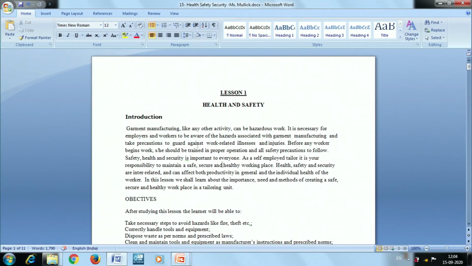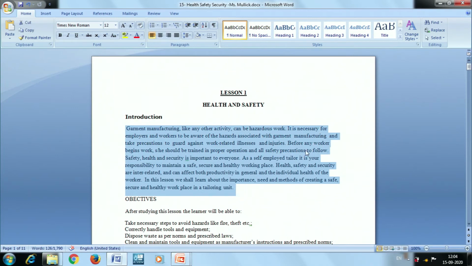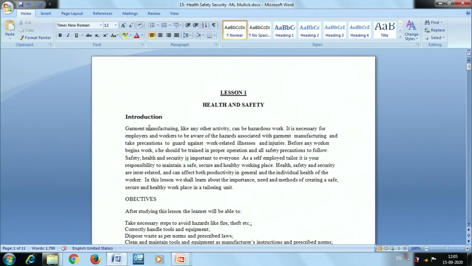So this is the document we were working on. In that we have applied some character formatting for this particular heading and all. Now we will apply styles to this particular paragraph. Suppose this paragraph, if you are writing in a document, or if you are planning to print this document, you just see here on the right side the contents are not aligned properly. On the left side it's as per the margin, the contents are aligned. Here one space is there, so I am deleting. So now it is as per the left margin, the content is aligned, but here the right margins are not properly used and the contents are not as per the margin.